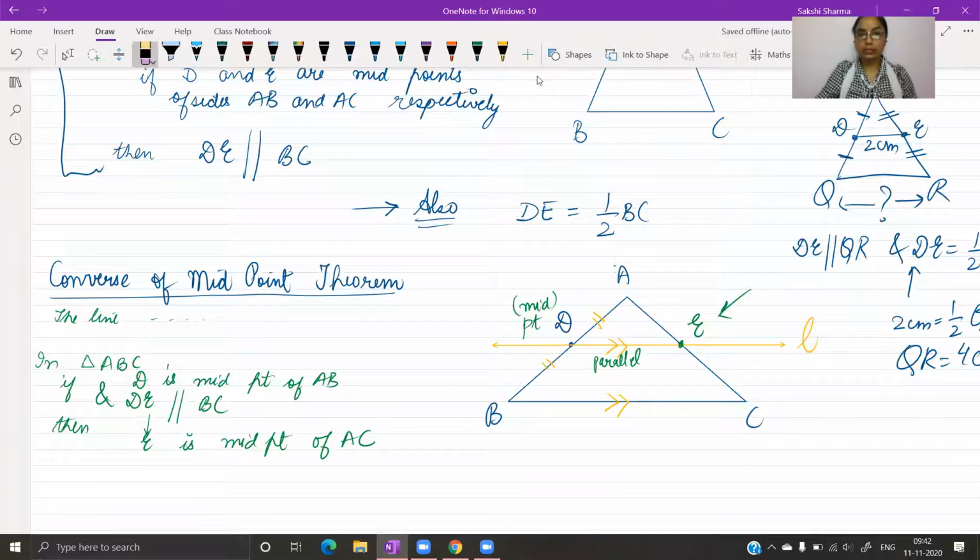And you don't have to write this in detail the way I'm writing here. You can simply write down the conclusion that you can make, or the inference that you can draw. And in the brackets, just write down the reason as converse of midpoint theorem. There will be some questions where I will write the whole thing, and there will be some questions where I'll directly write down what's the inference drawn. So try to see where you can avoid writing this whole thing. I hope the difference between the two theorems is clear, and then we will start with the exercise. Anyone with questions here?